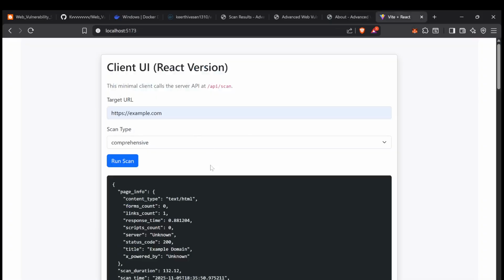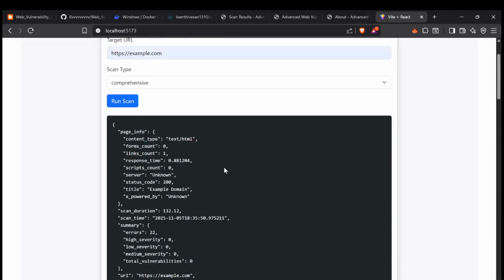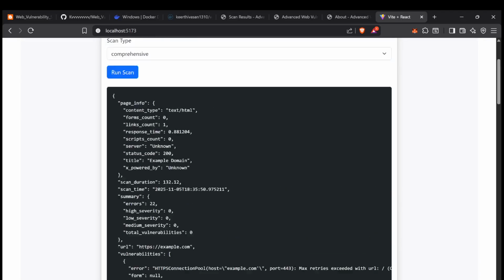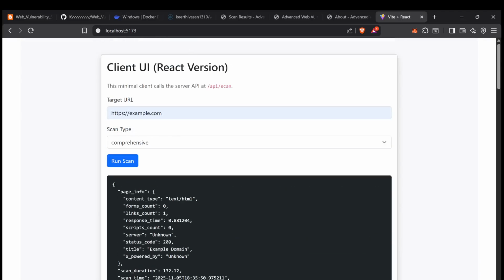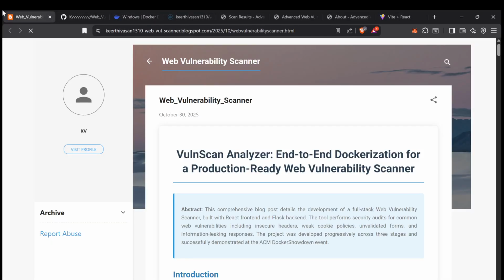On the client side, you can also see what it is running and what the process is. You can see some error because example.com does not exist in real time. So if you enter a real website that you are authorized to test, you can just run the scan. On the other hand, coming to my blog, you can see I have given a detailed description